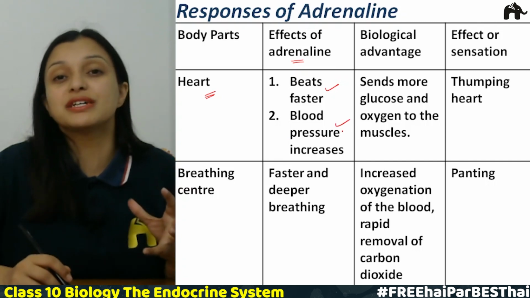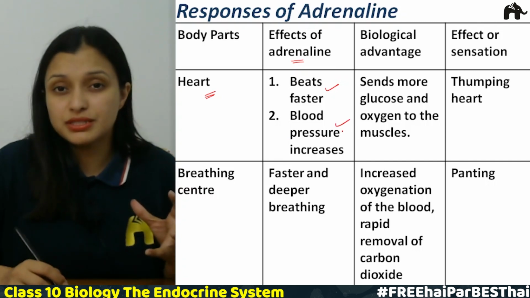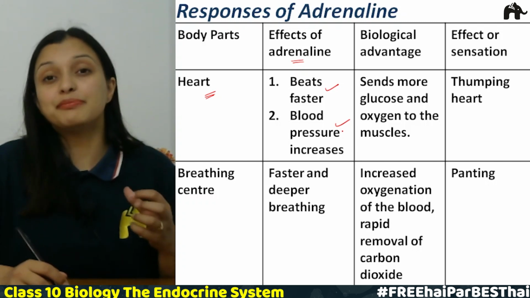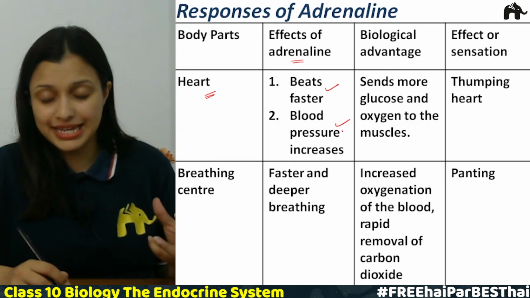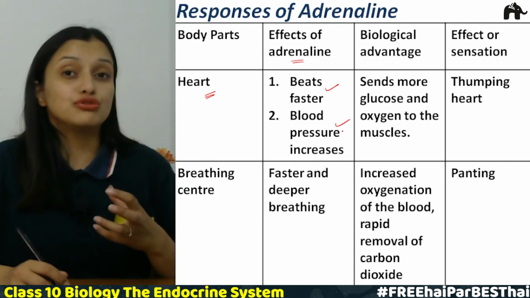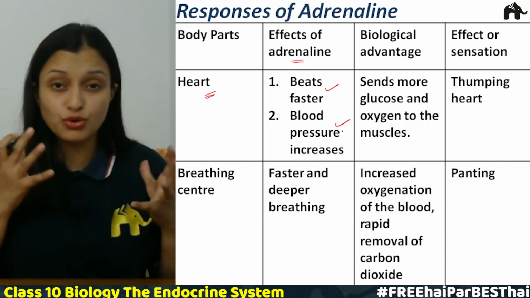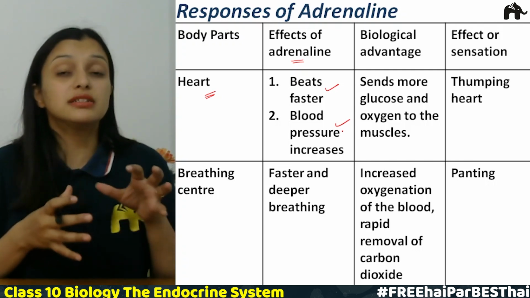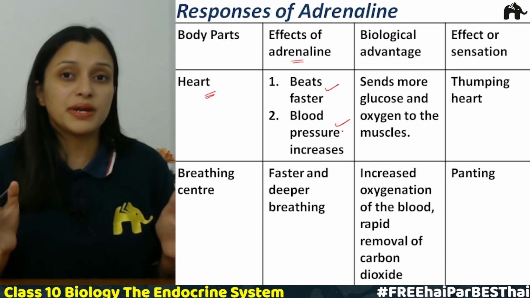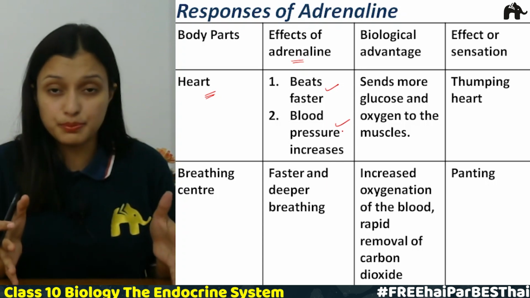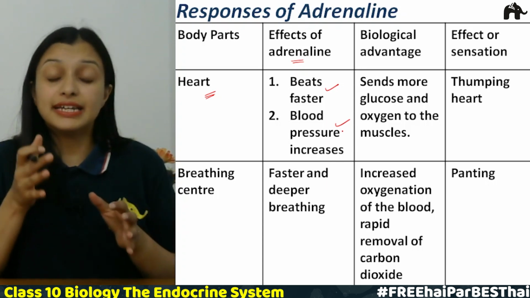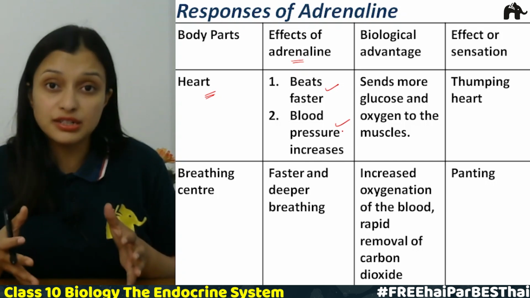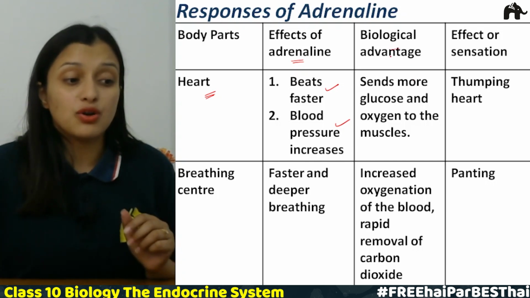So many of the time you must have seen any elder person in your family who gets angry, and many of the people saying, don't stress yourself, your blood pressure will increase, right? So it is that emergency situation for that person of your family, and in that emergency situation the adrenal gland will secrete adrenaline hormone.